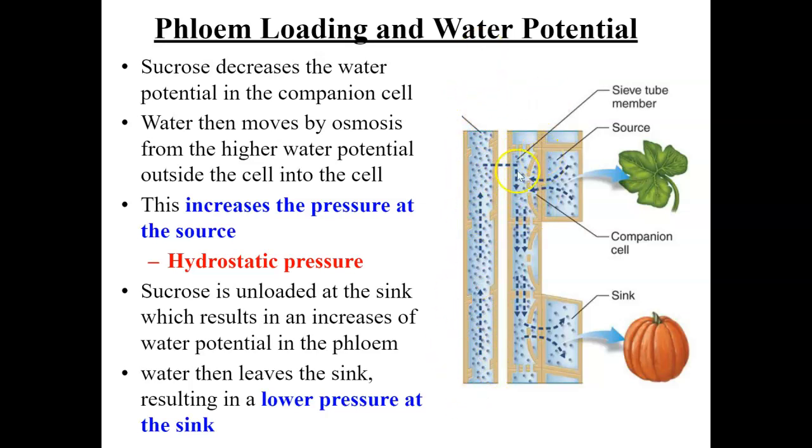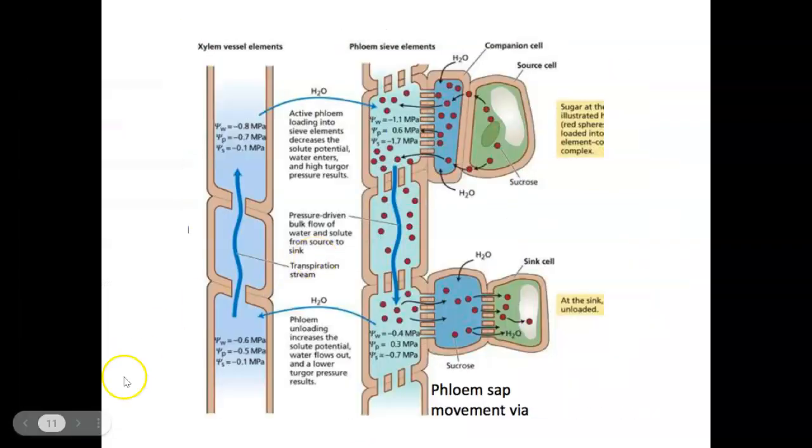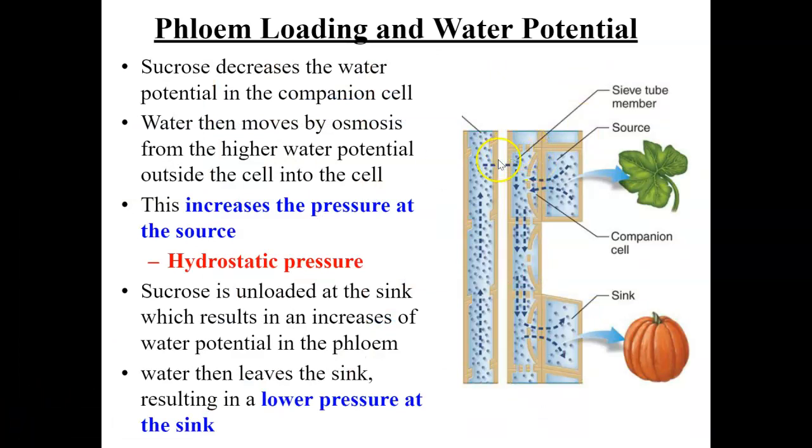We've now loaded our sucrose at the source, so consider sucrose to be loaded here. Once sucrose has been loaded into a sieve tube member, that decreases the total water potential in the sieve tube member. That means that the xylem tissue next to it has a higher water potential. This will cause water to be transported laterally from the xylem into the phloem cells. Again, this will cause water to be transported from the xylem tissue into our phloem cell,